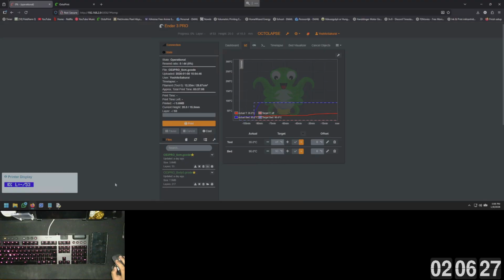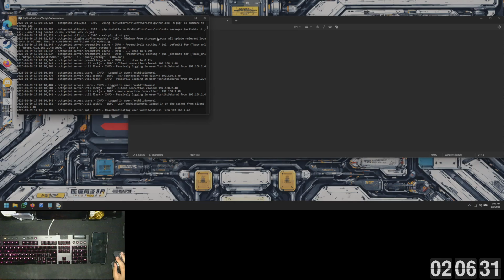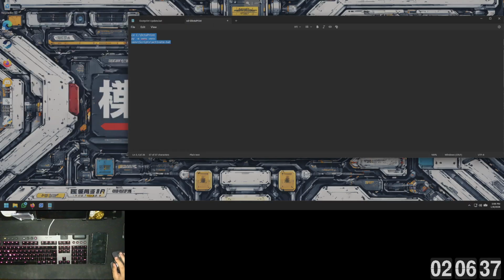So this is this part, yes. Up to the final part, which is updating OctoPrint. This is another code that I will put in the description. This is what I use to update my OctoPrint, because you cannot update it the regular way. So if you want to update OctoPrint,